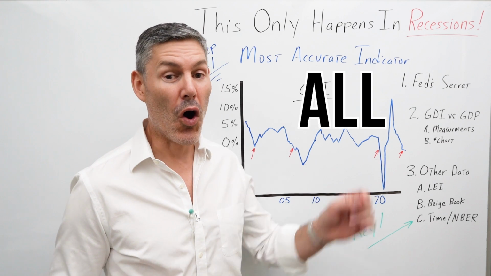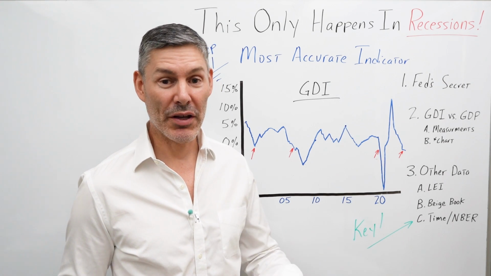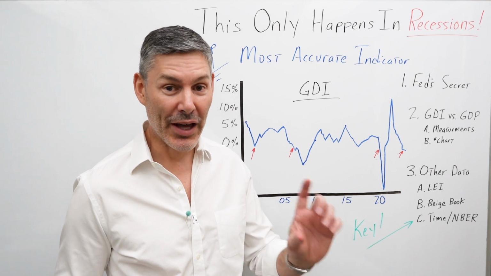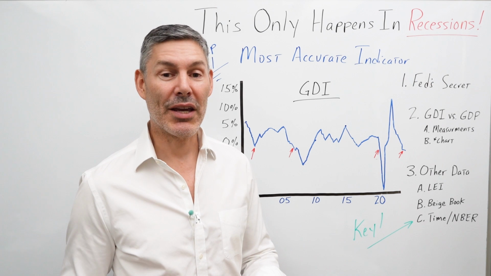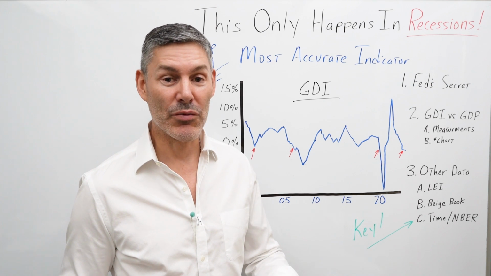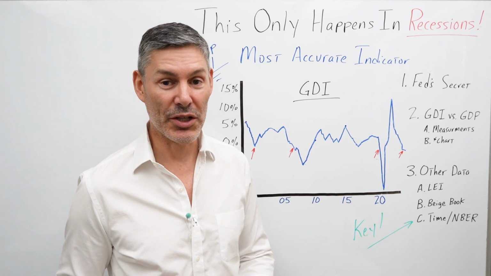I would argue all the things that we've discussed in this video so far contributed to Jerome Powell doing that epic pivot the other day, where he went from being very, very hawkish to all of a sudden extremely dovish, indicating that the Federal Reserve themselves will likely start to drop rates moving into 2024.